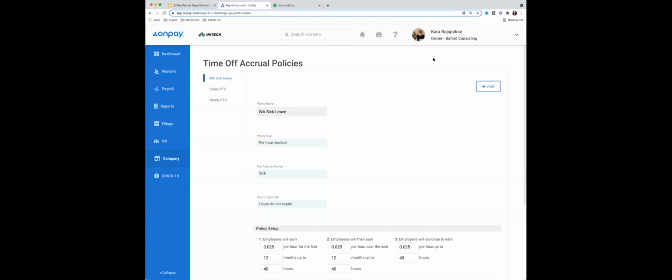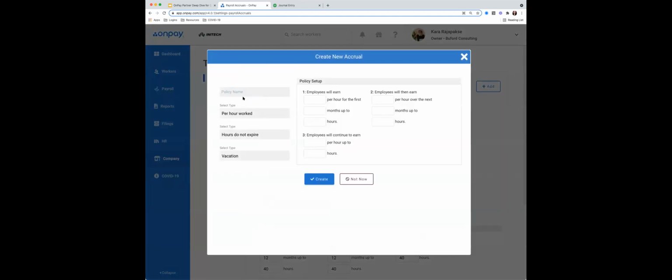Yeah, let's do it. All right, so you can add as many policies as needed, especially for clients with a larger employee count. Maybe they have different policies per department or full-time versus part-time workers. Add in as many as you'd like. What that process looks like is you will add in that custom policy name.